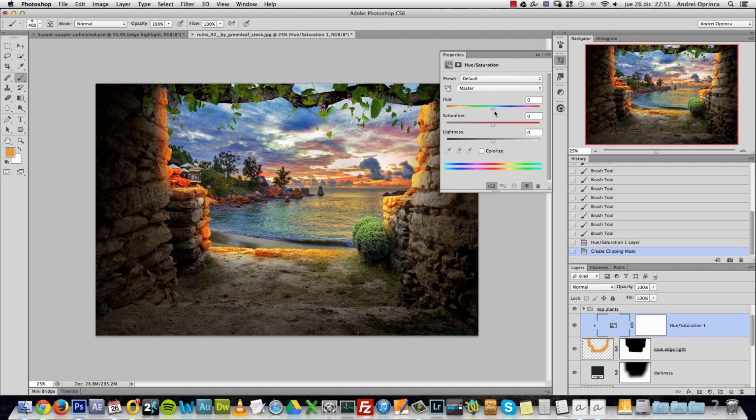So what I will do now is maybe change a bit the color, desaturate it, and maybe with the lightness what you do is decrease the effect because it's too strong right now, and maybe go a bit towards the yellow color, the yellow tone,